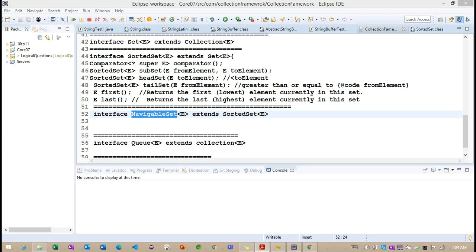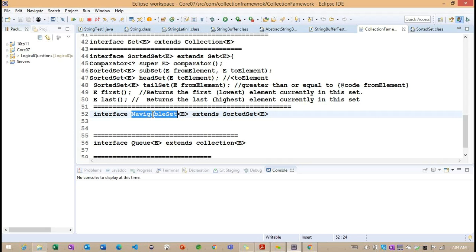And what is the purpose of the sorted set? We work with our objects based on some sorting nature, whether ascending or descending. Those functionalities we can also achieve inside this navigable set.